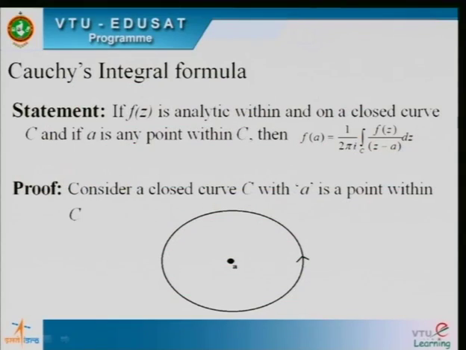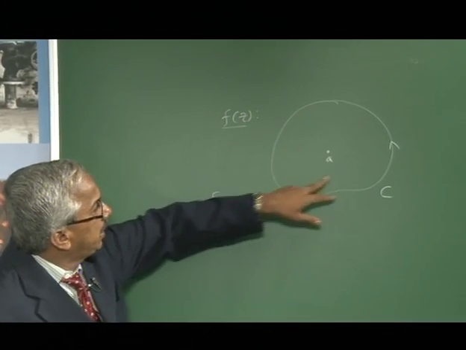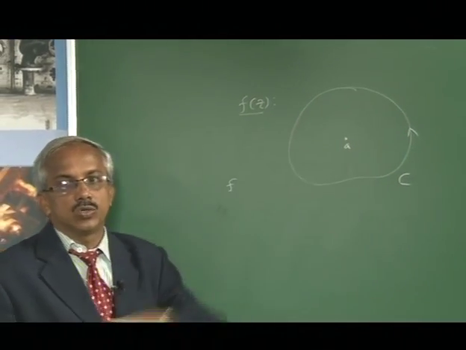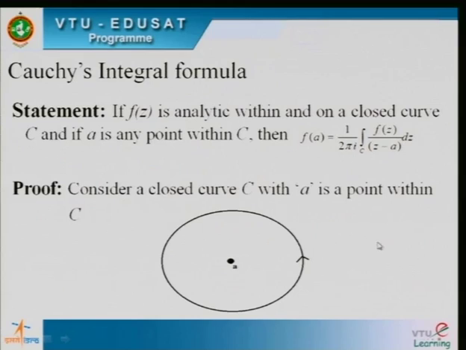If A is any point within C, I can take that point A within the simple closed curve, and then we can find the value of the function f of z at the point A in the form of 1 by 2 pi i integral along the curve C of f of z divided by z minus A into